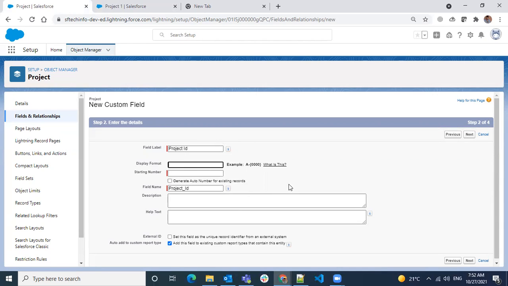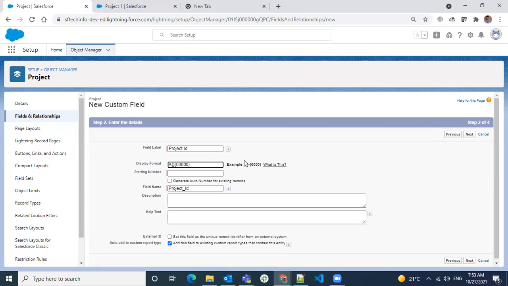And how should the display format be? So in the example, you can see that it should be a dash, and you have a series. So whatever you type like this, all these curly braces and numbers will go to your series. So if you start, save, and look at the records, it will be a dash 000, and the next record will be a dash 001. Okay, it's not something like, I want to add something unique to it.